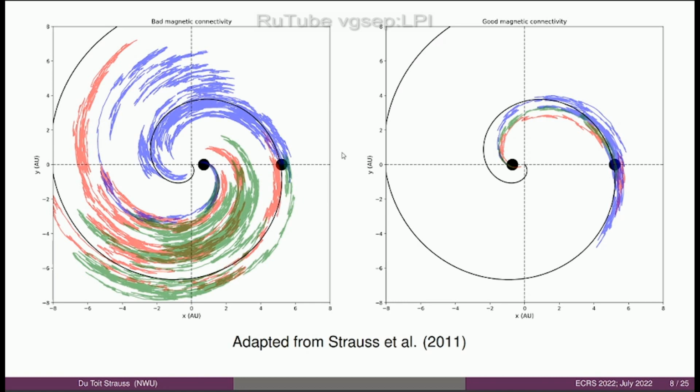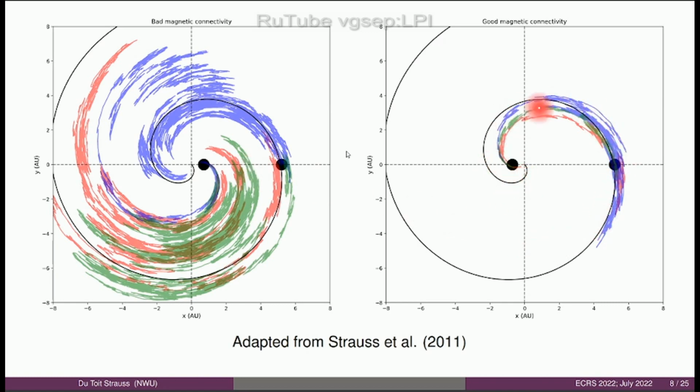Or you can even think of it as the guiding center of the particles, and you can see how they propagate for different magnetic connectivities. So in both cases, that second dot over there is Jupiter. There's Jupiter, and we look at two different observers. The first one is magnetically relatively well connected to Jupiter. The case on the left is badly connected, and you can see how the particles